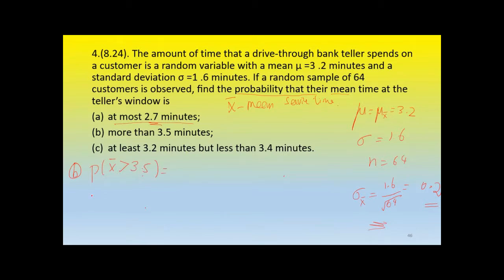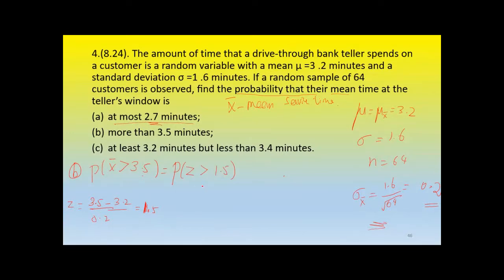Obviously there should be some z value. Z is x bar minus the mean over sigma x bar. In the formula you write x bar is 3.5, mean is 3.2, divided by 0.2. The answer is 1.5, positive. So when x bar is greater than 3.5, which will be equivalent to probability of z is greater